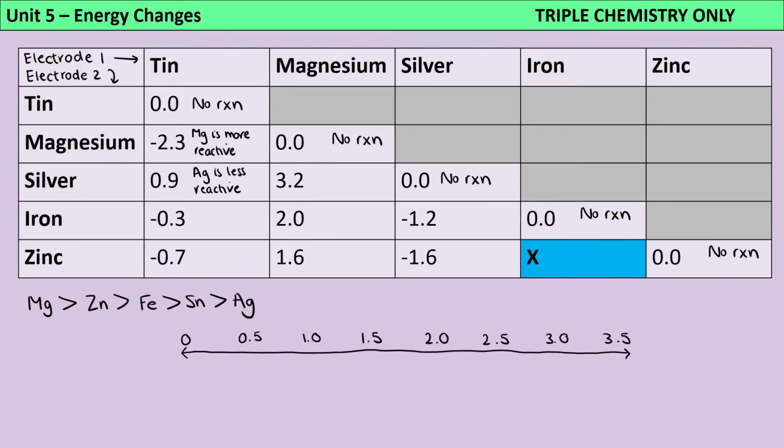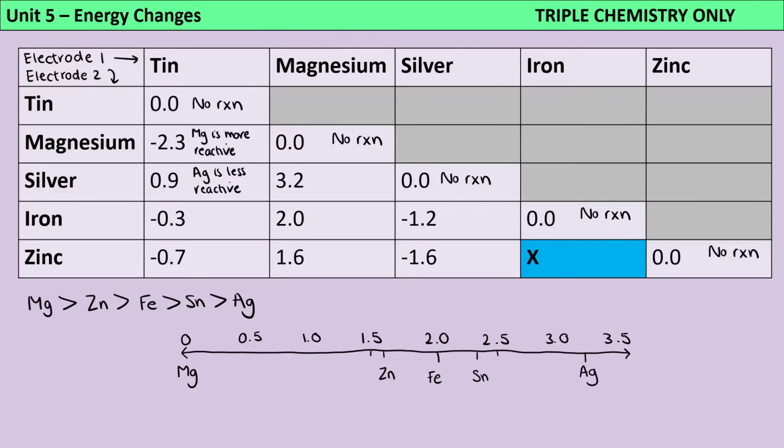Okay, so the other thing they could ask you to do is to put these in an order of reactivity and then work out the value for something that they haven't measured. So that's why I've got a random blue rectangle there. This is a value that I'm going to try and figure out. So the easiest way to do this is to just put all of your data on a number line. So if I start off with magnesium,